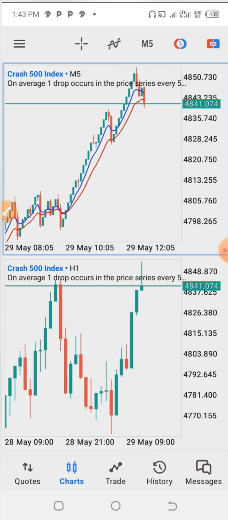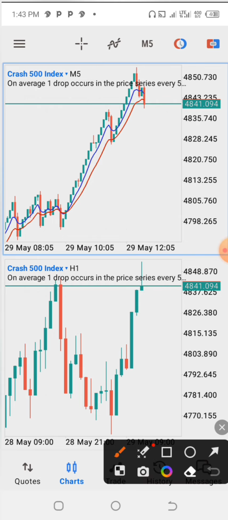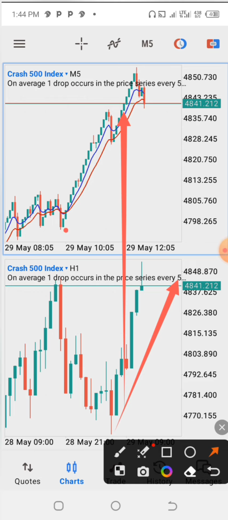Do you see that all those things you are seeing? Look at how I'm going to be marking it now. Look at how from this place I'm marking it from here. Look at it. Do you see that of all the drama that has been going on from this place and this place? Can you look at it? So in 5 minutes time frame and Crash 500 and the movement of 1 hour time frame, this is what you can see. So if you were to trade using your lower time frame, where should you have placed your trade? Number one is that